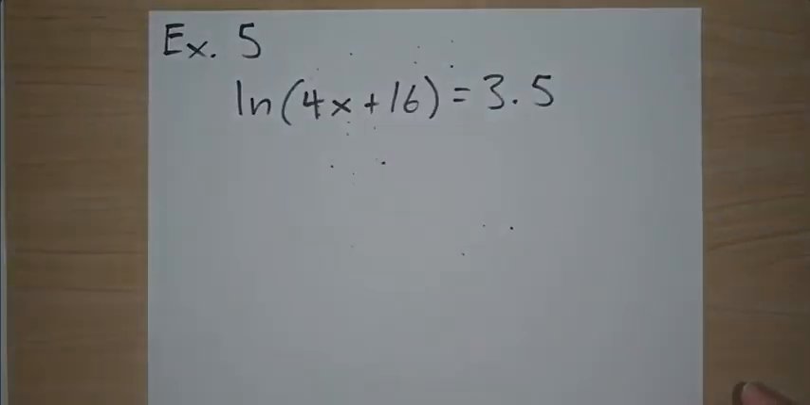Example 5 of the Solving Exponential and Logarithmic Equations lab, we have the following equation. The natural log of 4x plus 16 is equal to 3.5. We want to solve for this x, so we need to get this x out of this logarithm and into